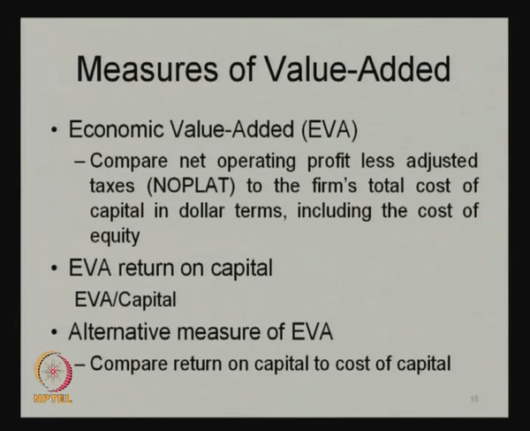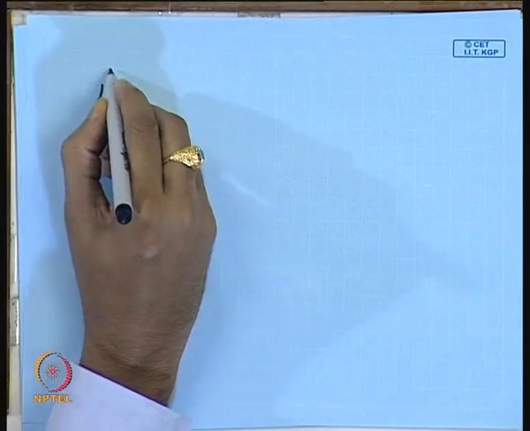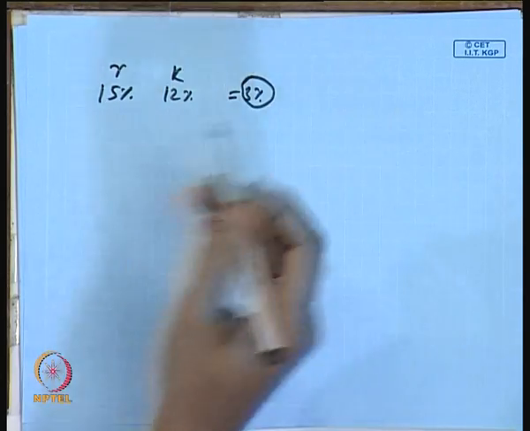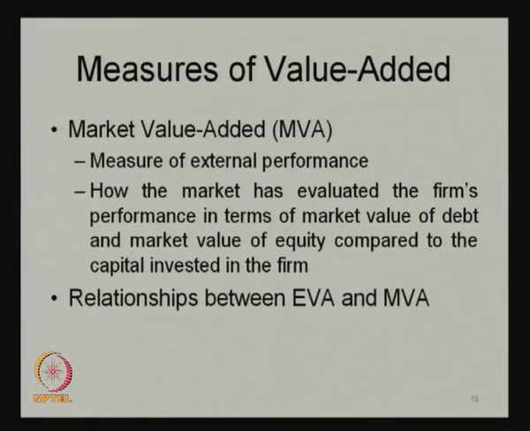And we also have an alternative measure in EVA measurement, where you talk about rate of return minus cost of capital. As we discussed in the previous example, 15% is the rate of return and cost of capital is, let us say, 12%. So, 3% in percentage terms is the EVA creation. Then the next measure is market value added, as I have discussed, and there is always a relationship between EVA and MVA. Certain authors say there is a positive relationship between the companies having EVA and their MVA. So, MVA is going to be higher for those companies which have higher EVA.